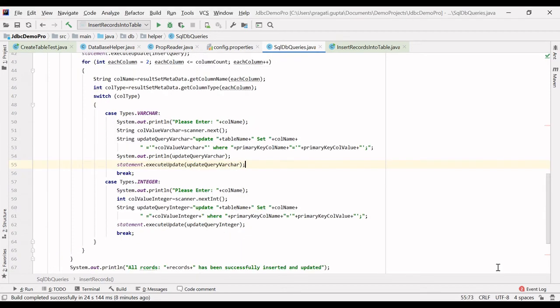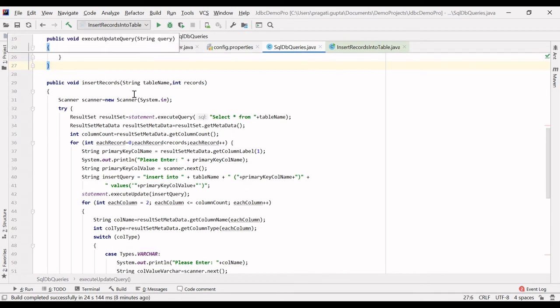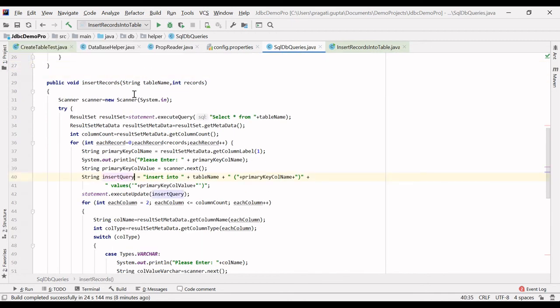And guys, one of the most important things that I'm not doing here: if you are establishing a connection with the database, it is necessary to close it. So in the next video, when you apply batch updates in this method, do not forget to close the connection.